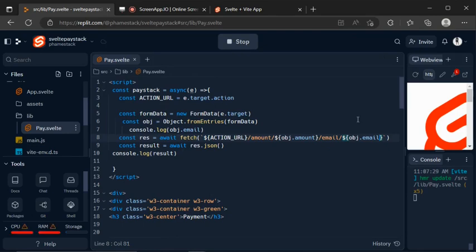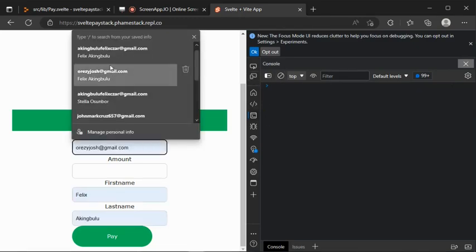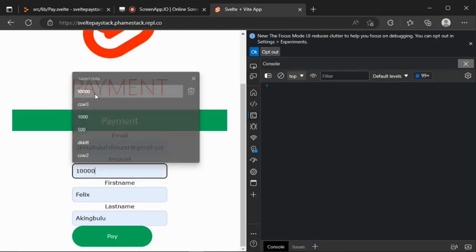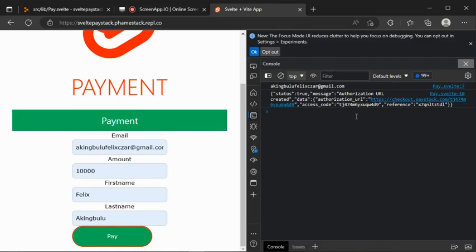But since our first name and last name is not that crucial, we are going to leave that, but you can fill it in your own form. So if I come back here once again, let me clean up a little bit and fill in some data into our form and click pay once again. You can see we have my email here, and then we have some JSON data being returned by Paystack,